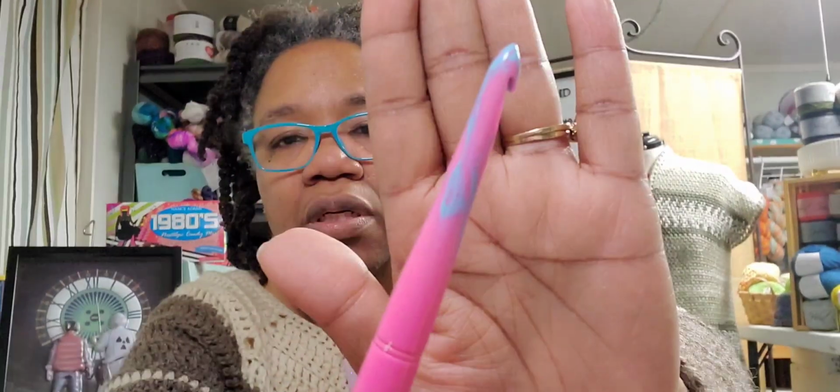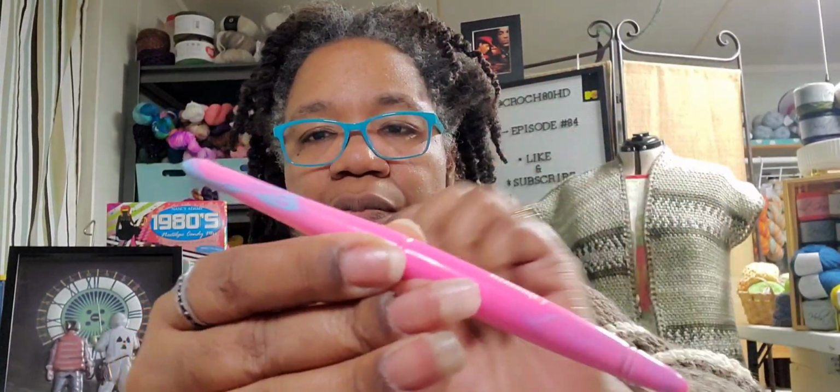So I was considering, I was going to do a review of this, but, and I will, but I figured I would just show it to you first because I placed an order for a new crochet hook. It is from Oakley, and it is the Barbie crochet hook. So it does remind me